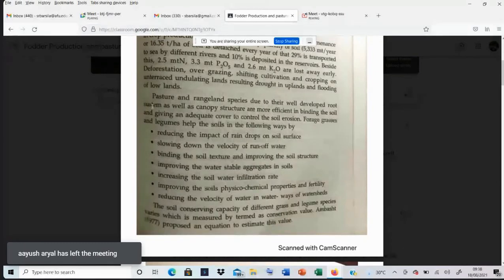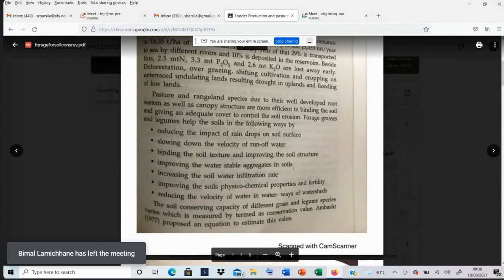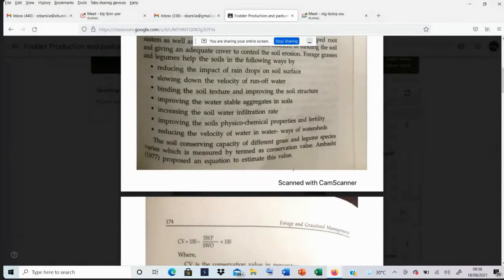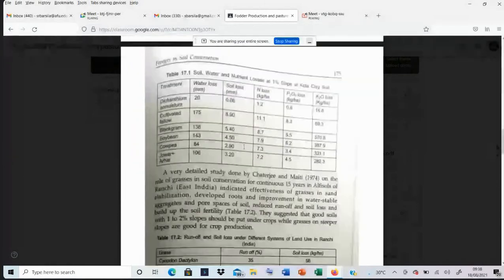And for reducing the velocity of water in waterways of watershed management, in watersheds you can grow some forage species that can be good for soil management and for water runoff management, for example bamboos, okay? So I don't go much into this, and here is one example of how